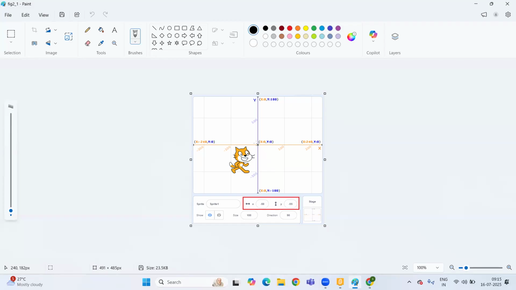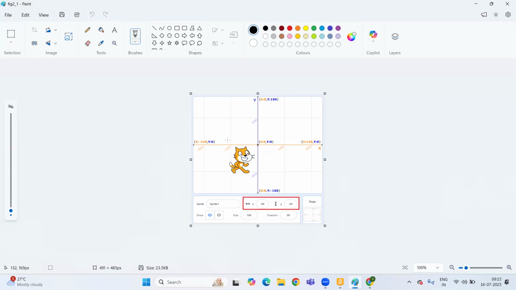If you use positive values, then your sprite will go in that direction, horizontally. And if you're using negative values on the x-axis, then your sprite will go in this direction, that means left.